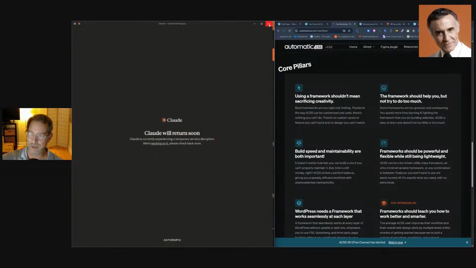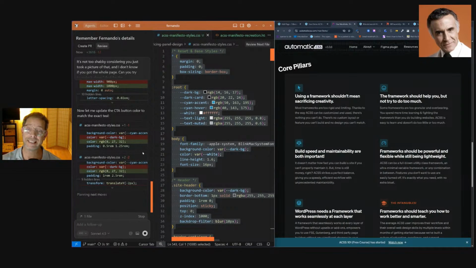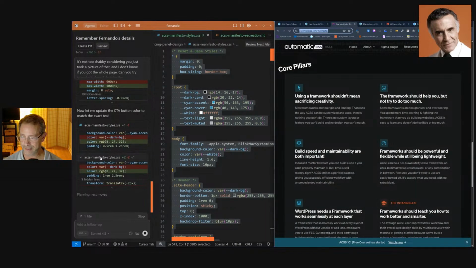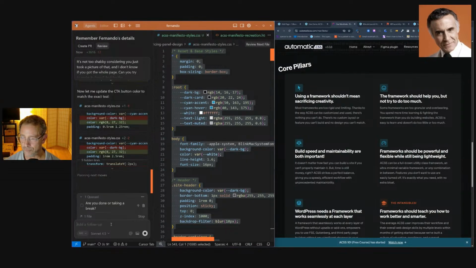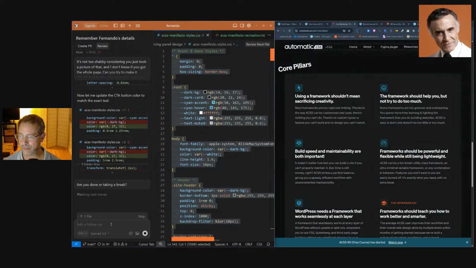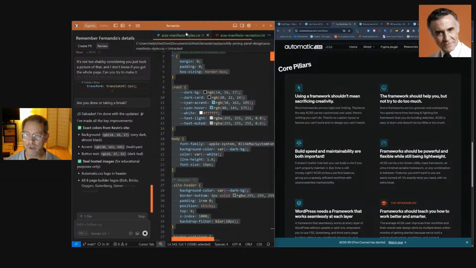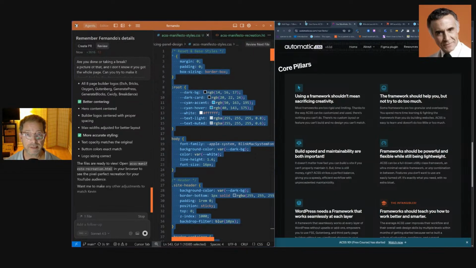This is interesting. I don't know what's happening, but Claude is still out. He's not out because I'm using Sonnet 4.5 here. He's out from the direct desktop. And I bet you he's still live over here. So they have a variety of different ways of serving it up, but it appears on the desktop agentic model, it's out to lunch. Are you done or taking a break? Let's see. Okay, my friend in Spanish is telling me